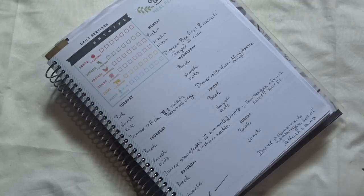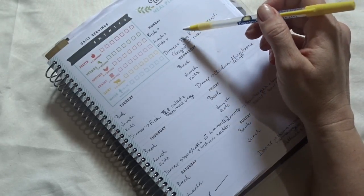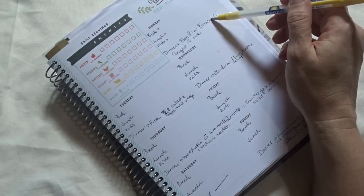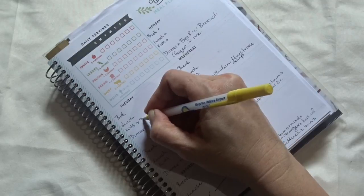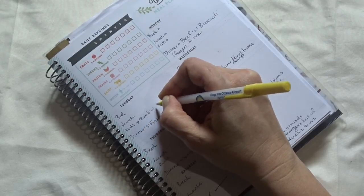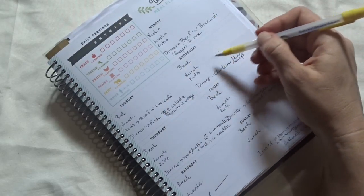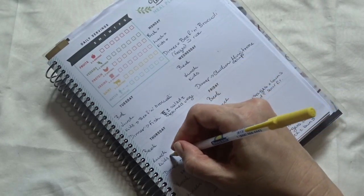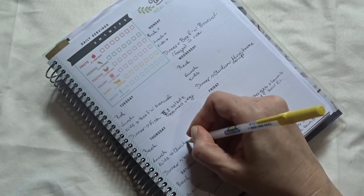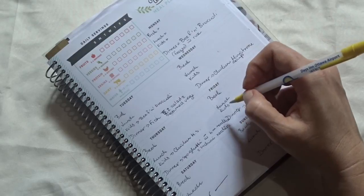Okay, so now that I have my dinners figured out, I look at and see what I'll do for lunches. So I know I'll have leftovers from beef and broccoli, so that's what the kids will take for lunch. Fish, so I don't have a lunch here. And then Thursday, they can take the minestrone soup. And then they can take... Oh, actually, I don't need...